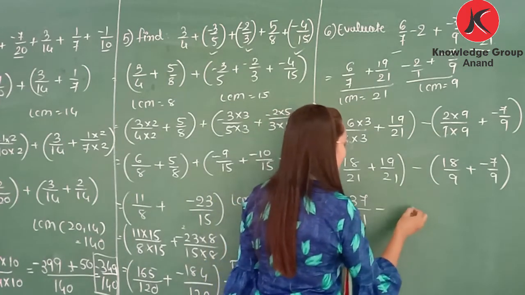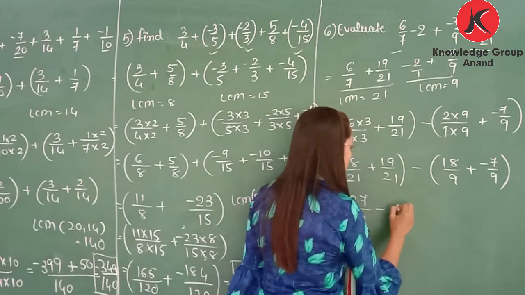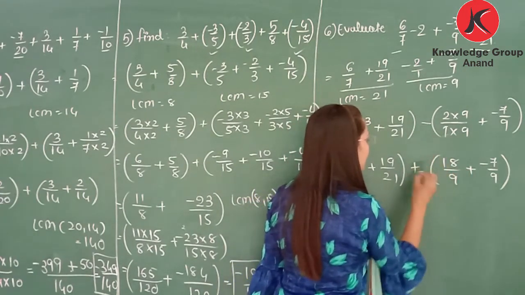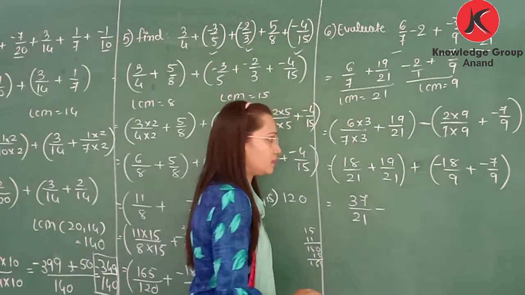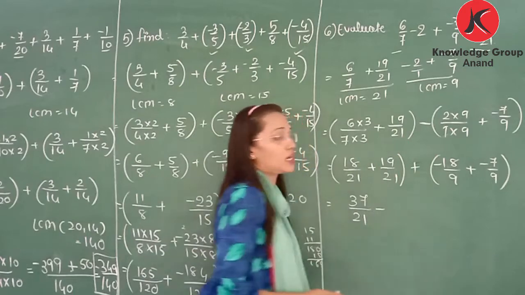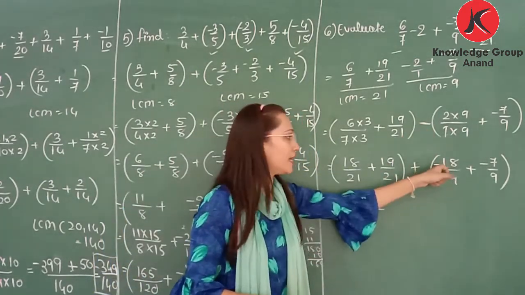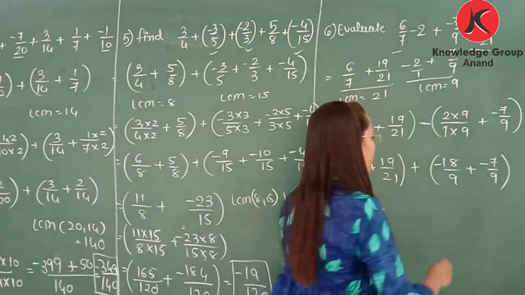Now here it is minus 18 minus 7. We can take this negative sign inside the bracket. As we learned in integers, we can change subtraction into addition by giving the negative sign inside. Now minus 18 minus 7 will be